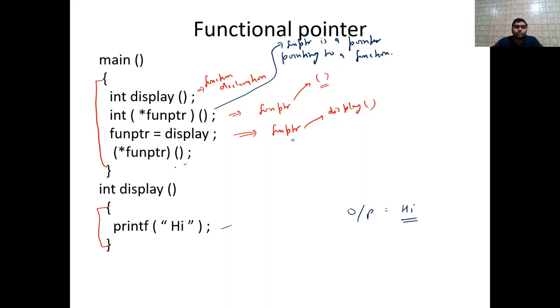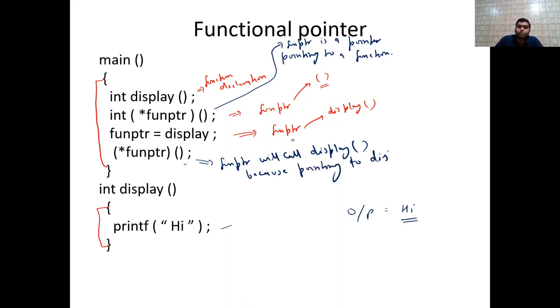So fun ptr will call the display function because it is pointing to display. So this is a function pointer.